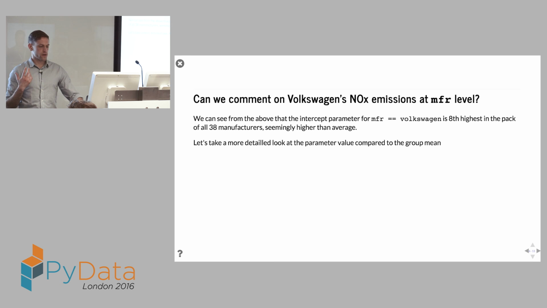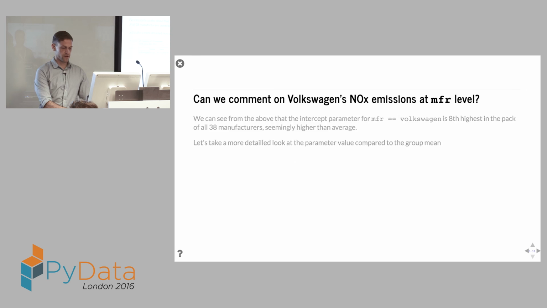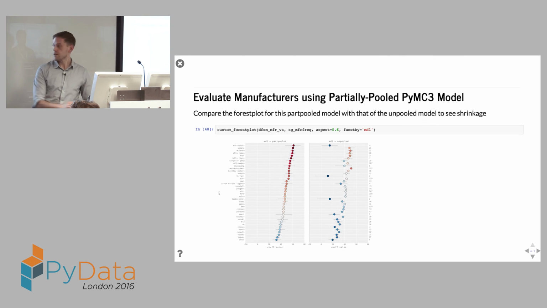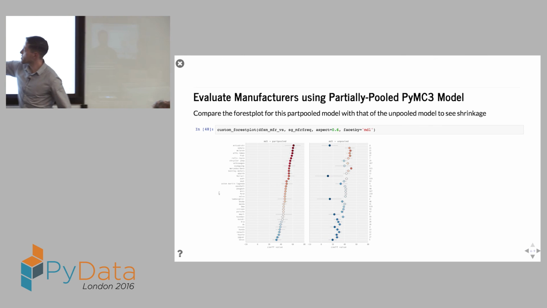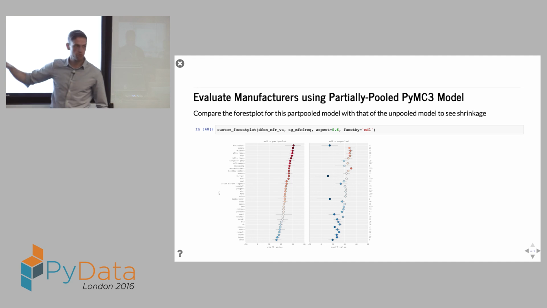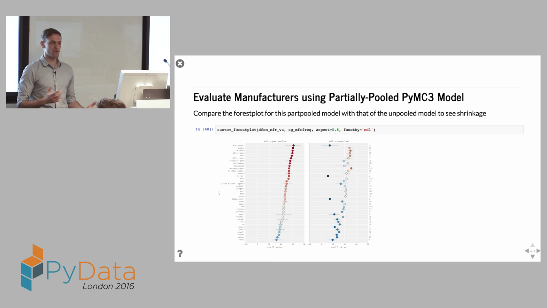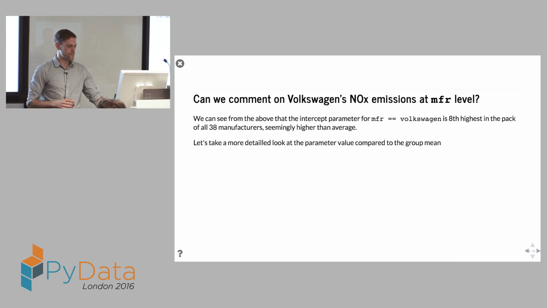So can we comment on Volkswagen? Well, yeah, a little bit. I'll go back just a tiny second. It seems Volkswagen is here. It seems to have a fairly tight distribution, and it seems to be higher than around average. So maybe, but there's other offenders. Mitsubishi, Subaru, McLaren seem to have far higher emissions. And again, there's no way of determining who's lying in this, but it's an interesting kind of way to get into it.